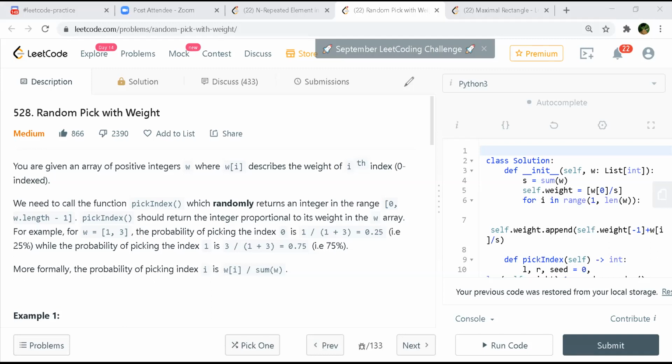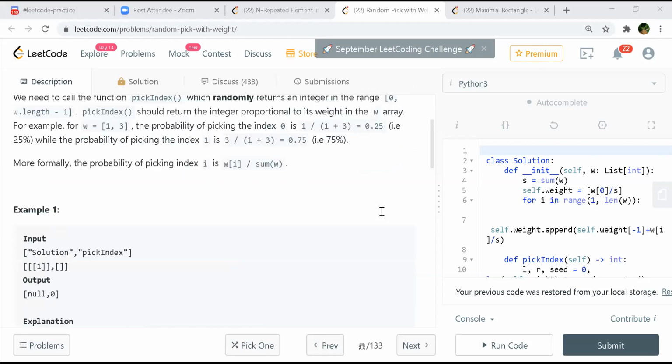First we have to form a sequence. Let's say this is the array: 1, 3, 5, 7. Now we need to define a sample space for this.